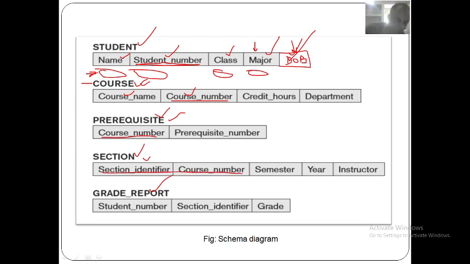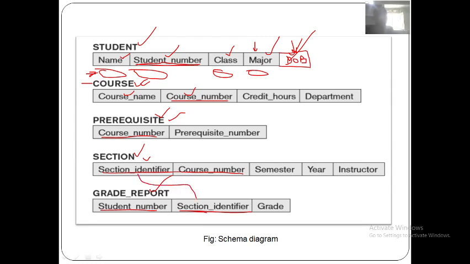Then student number and section identifier, this is a foreign key, because it can refer to student here. Here section identifier is a foreign key because this is the same number which we have here. So this is a foreign key.